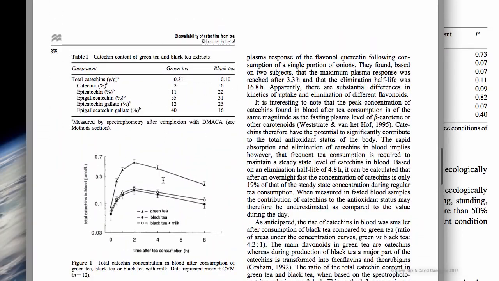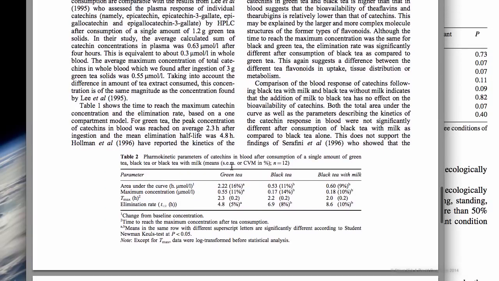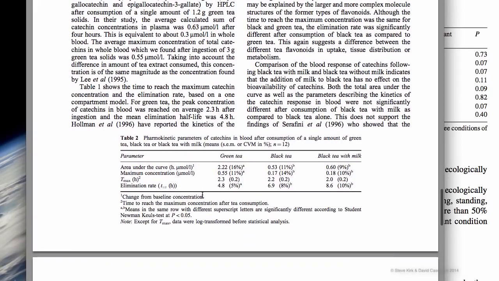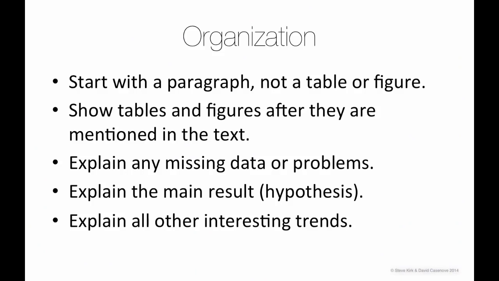Here's table 1, here's the figure. Okay, where you can see that green tea is different than black tea and black tea with milk. Okay. And here's a table that summarizes the main differences in the main results of the data. Okay, so let's just go over the organization of the results section. Start with a paragraph, not a table or a figure, and make sure you show the tables and figures after